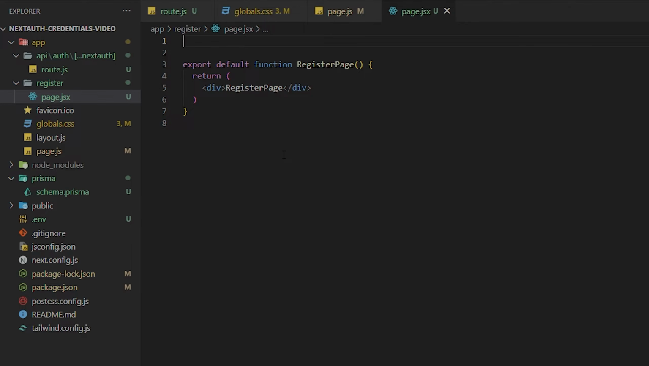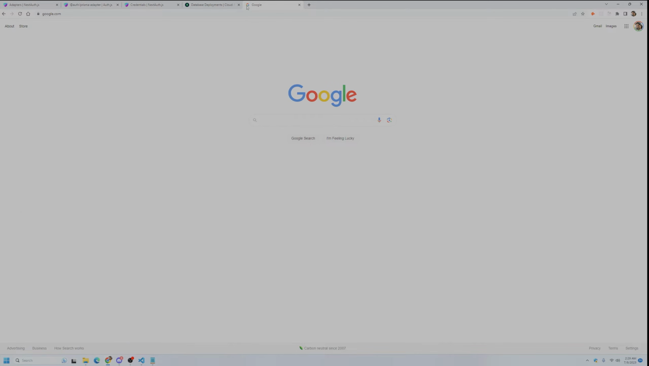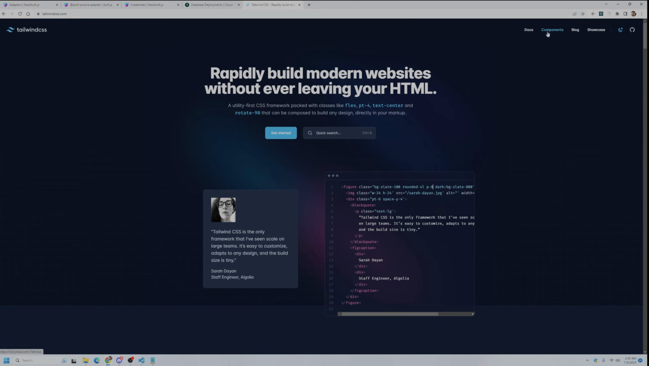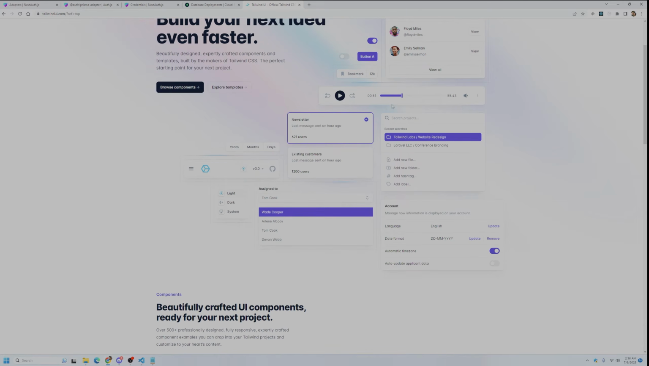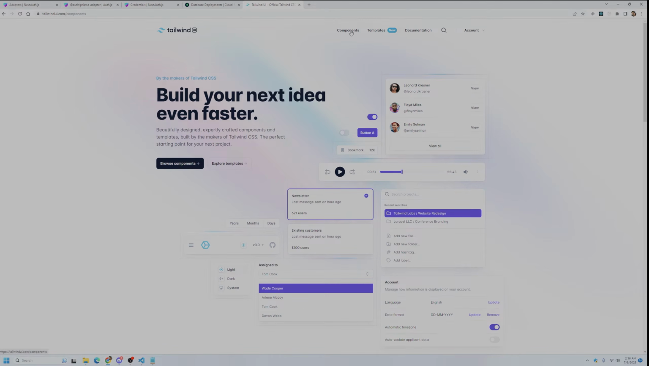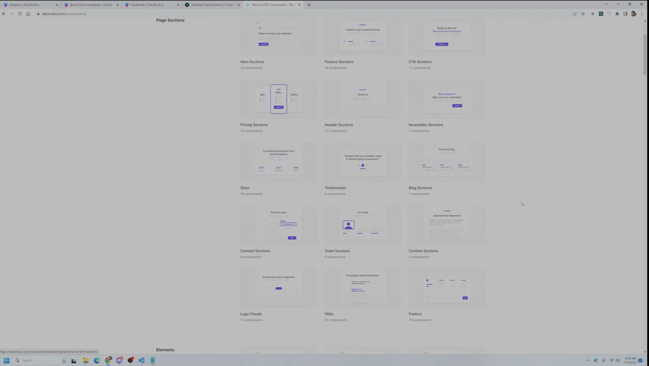So the next thing I want to do is I want to actually use Tailwind's components, like I said. They do have paid versions and they have free versions as well. So Tailwind CSS. We just go to the first search result. We go to the components, and you could either click templates or you could scroll down and look through all of the templates or components. And what we're going to do is we are going to use